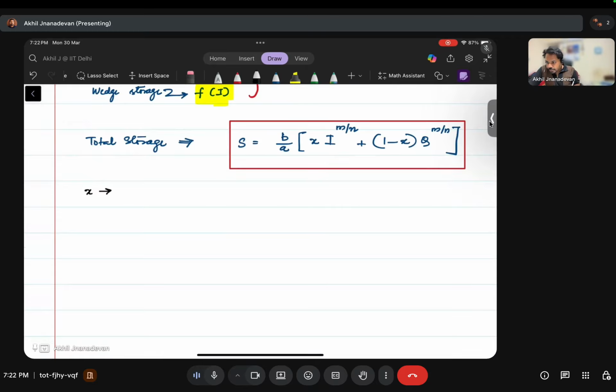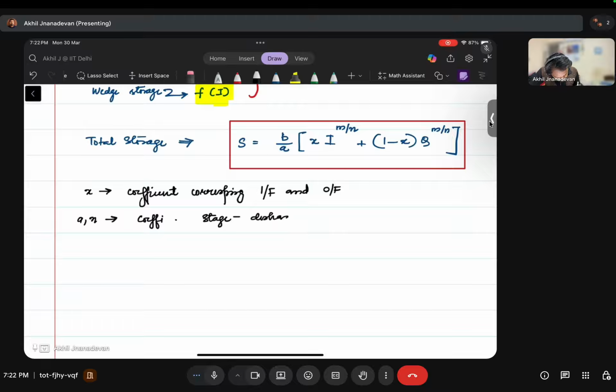is the coefficient corresponding to inflow and outflow, right? And A and n are coefficients corresponding to the stage discharge characteristics of the channel,